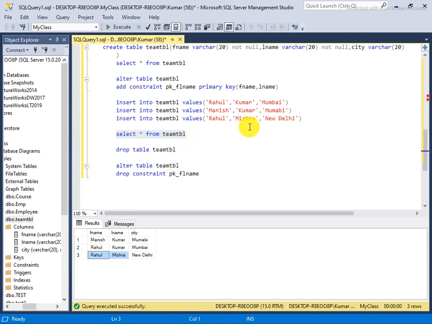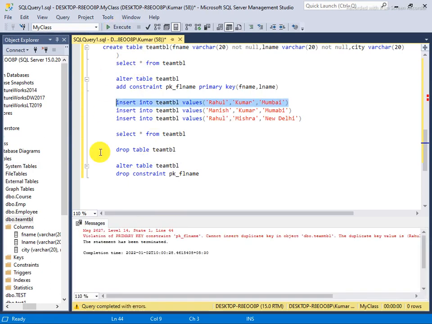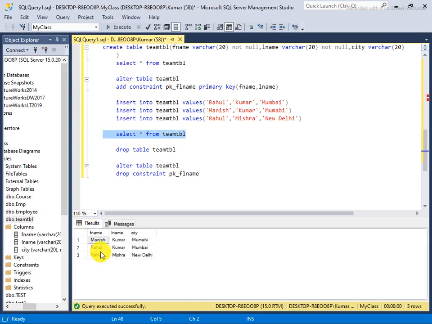Okay, so see again here, if I try to make this entry again, Rahul Kumar is already here, so this time it will not allow. I try to execute this, and you see that's a violation of the primary key, because Rahul Kumar is already inserted. Are you getting that? See, Rahul Kumar is here.